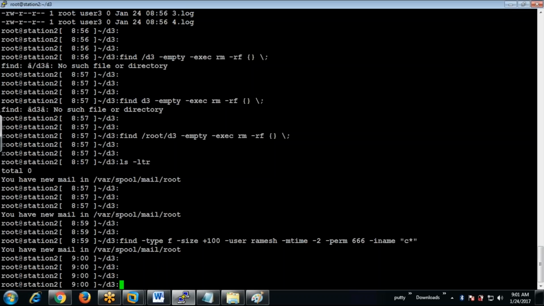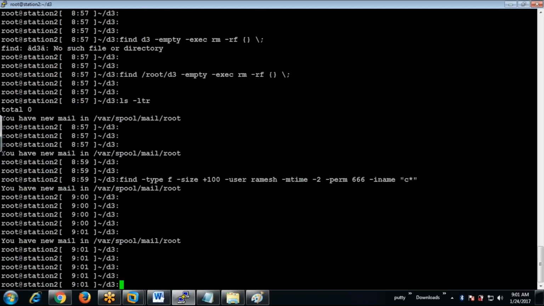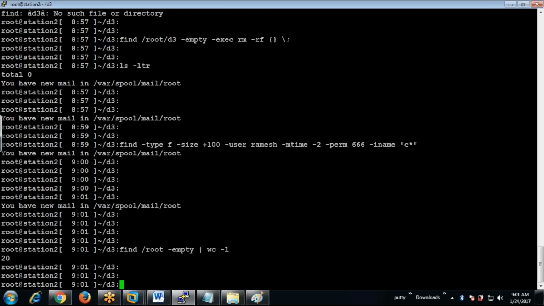Now, say for example, let's take this command. Every time I want to find out how many empty files are there in my home directory, it says the count is 20. Every time I cannot execute this find slash root hyphen empty, I cannot keep executing the whole command. Right. So what I'm doing here is,